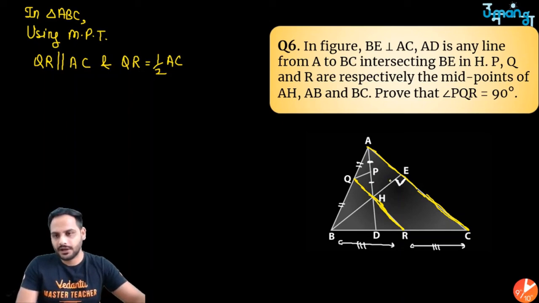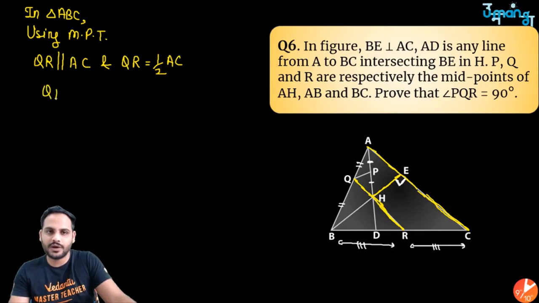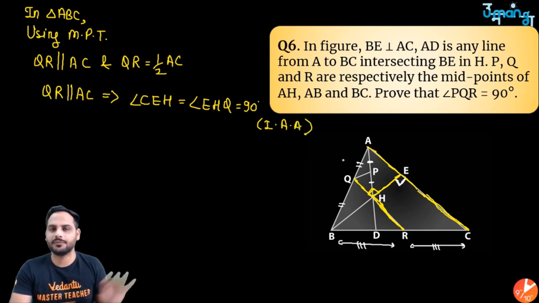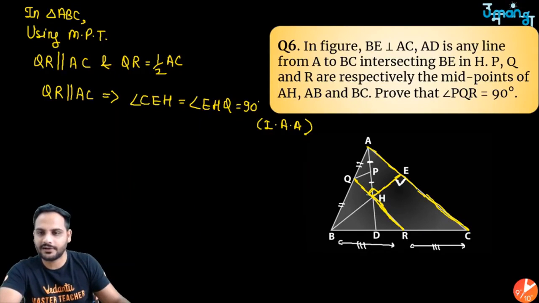दे आर पैरेलल। और ये देखो तुम लोग कि दिस BE इज एक्टिंग एज अ ट्रांसवर्सल लाइन। तो आई कैन से कि सर सिंस QR is parallel to AC, I can clearly say sir angle CEH and angle EHQ are equal, दोनों equal होंगे equal to 90 degree because they are forming interior alternate angle, है ना, interior alternate angle they are forming। ठीक है, ये वाला एक एंगल 90 आ गया, करेक्ट। अब एक काम करो बेटा, फोकस करो, कौन से पे फोकस करोगे, अब फोकस करो इस वाले ट्राइंगल पे।